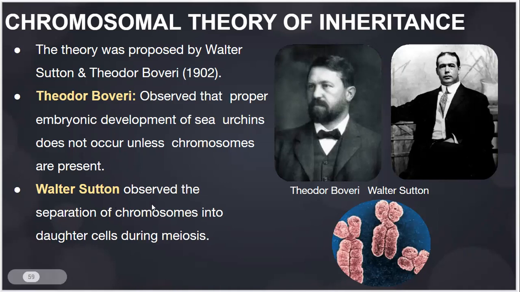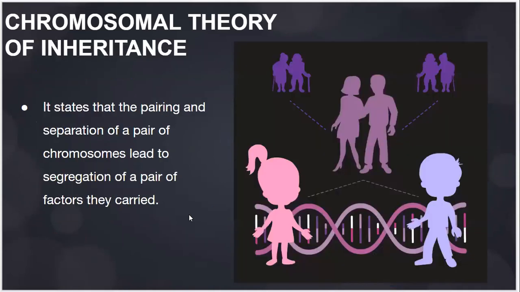So Walter Sutton observed that the chromosomes have to come together and separate during meiotic cell division, which happens in germline cells. The general understanding of this theory is that pairing and separation of chromosomes takes place. It says that pairing and separation of a pair of chromosomes will lead to segregation of a pair of factors